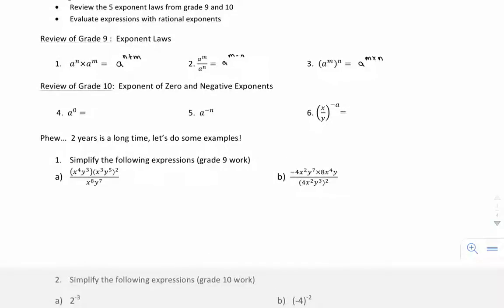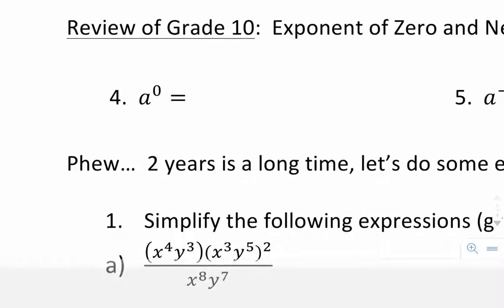In grade 10, you learned some extra facts. The first one was notably that anything to the exponent 0 is going to be 1. Now, there is an exception because a cannot be 0. And I would recommend that you try plugging that into your calculator and see that what I'm saying is indeed